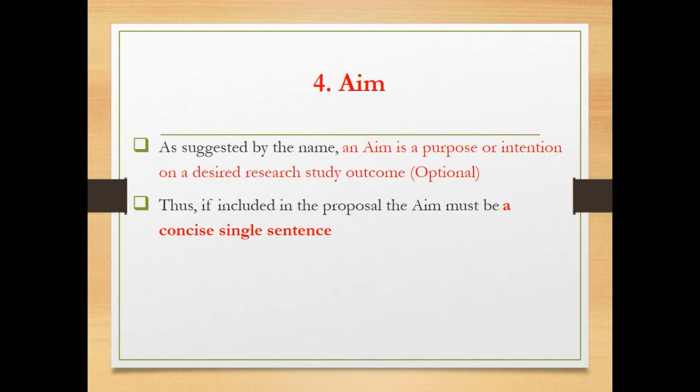Now, once you have understood clearly that you do have a problem, and the problem is real, and it can be sorted out this way, whether it's new knowledge, an invention, an adaptation, an innovation, whichever way, you now need to tell us what the output is. And that's what the British call the aim. You aim at something.